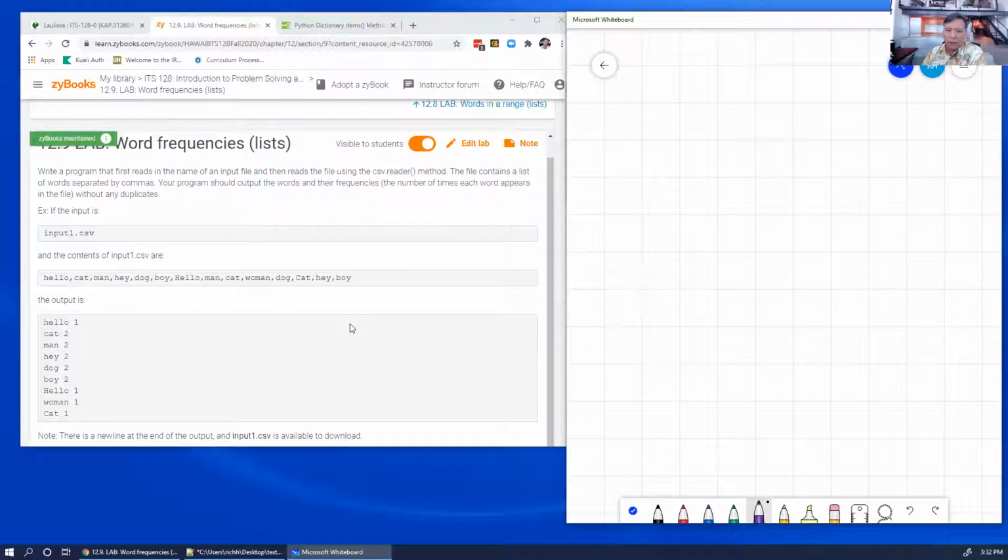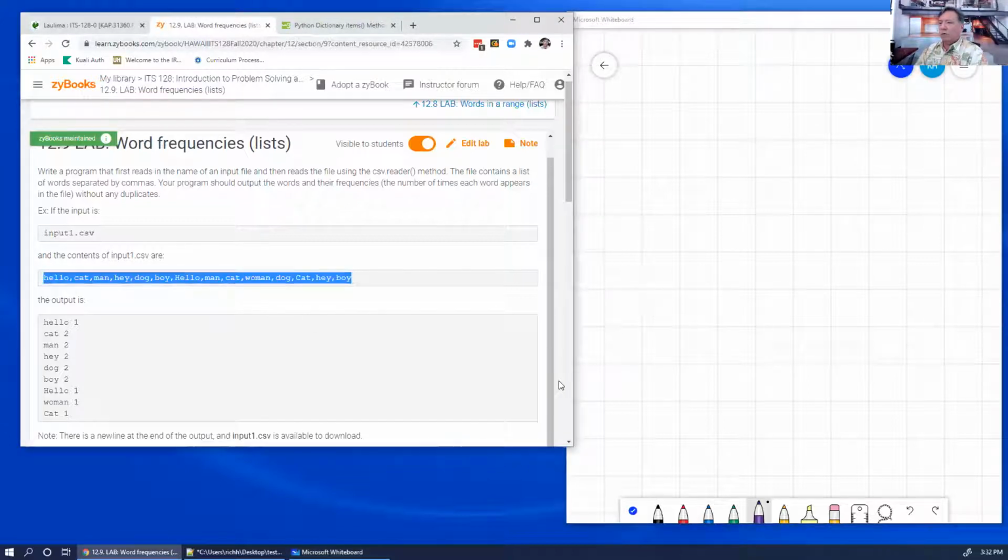So I read it in, and it's going to be a row, a word list. Okay, so I have this list that looks like this, and when I read that in using a CSV file, I'm going to end up with